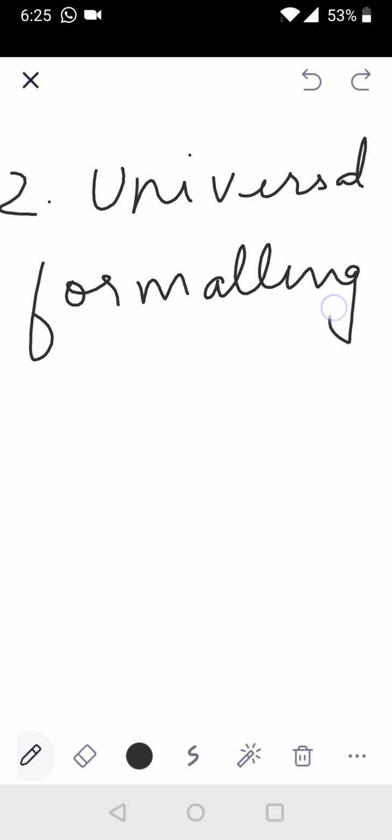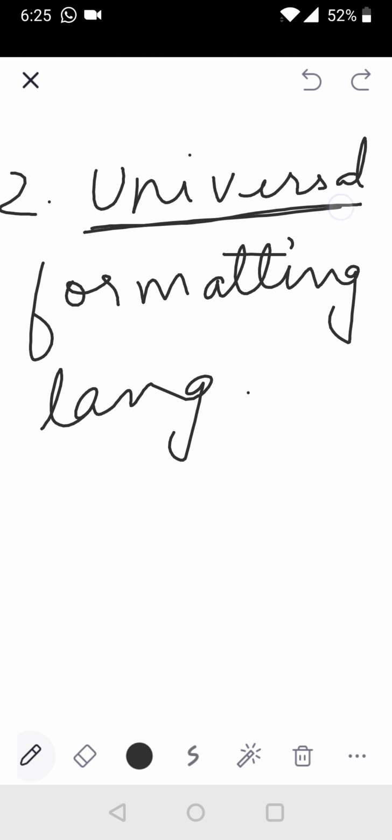Okay. The second important feature of HTML is that it is a universal formatting language. What do you mean by universal formatting language? This means it can be used on any platform, any operating system, with any type of text editor.